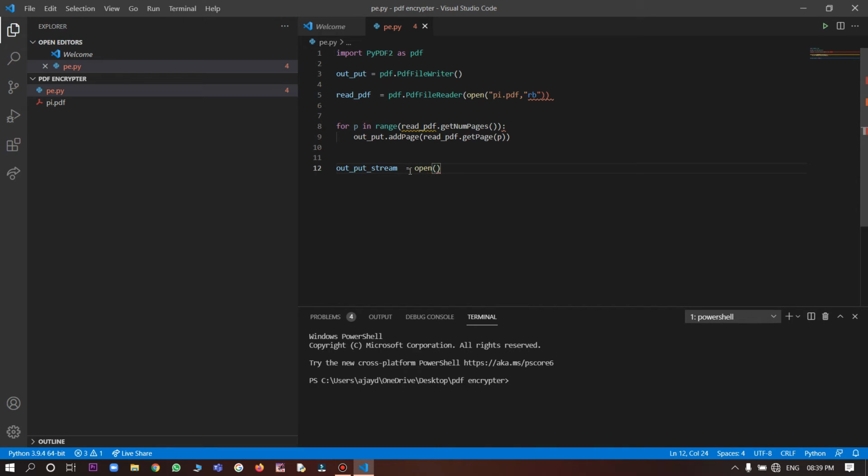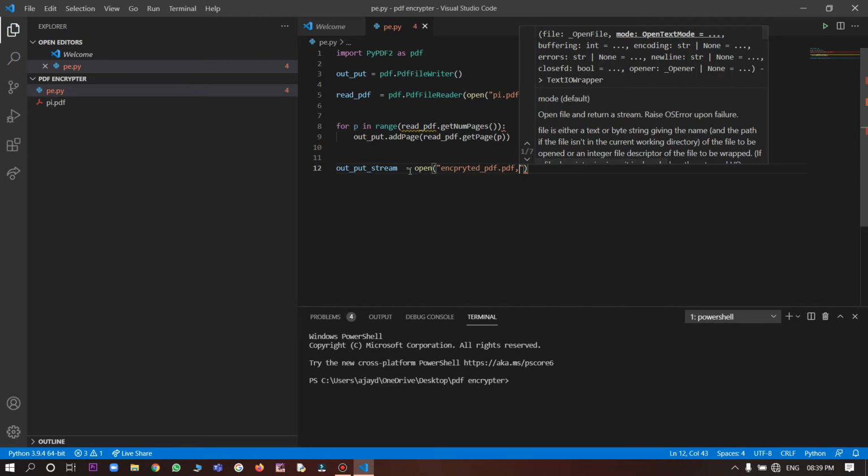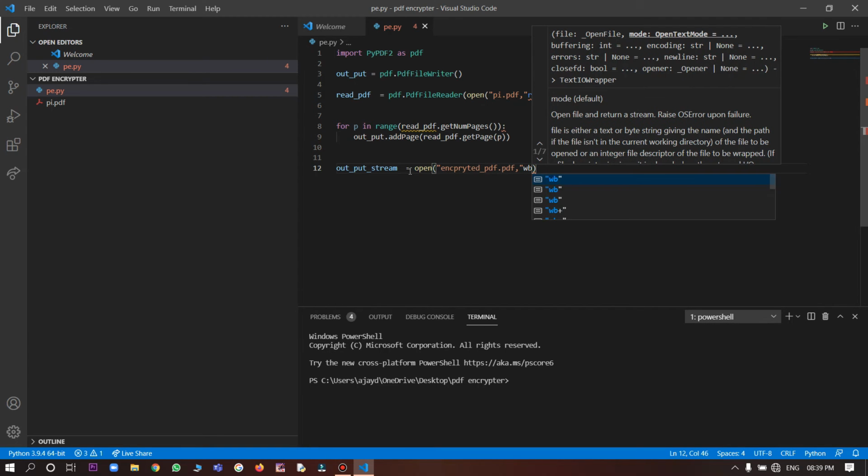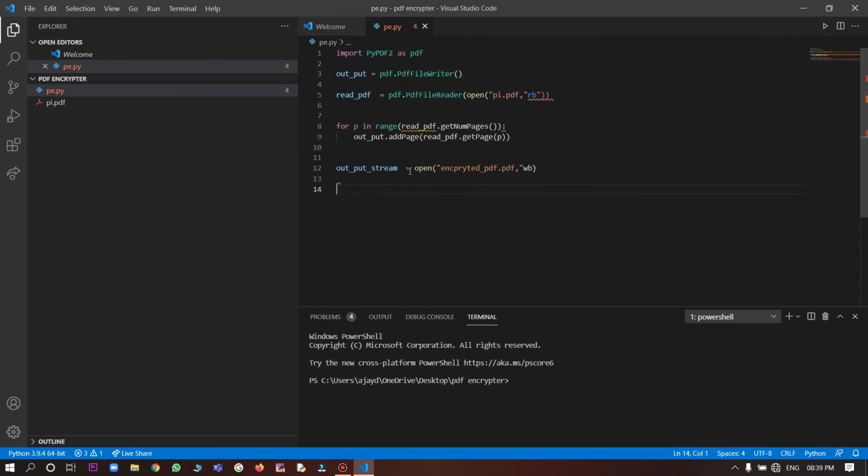Our new PDF name will be encrypted PDF extension PDF.pdf, wb. In the next line we will write output